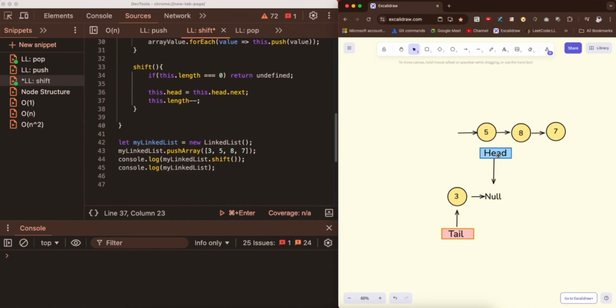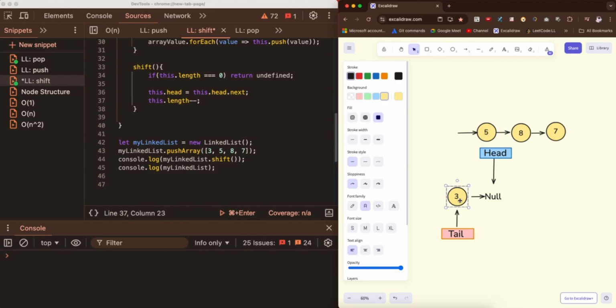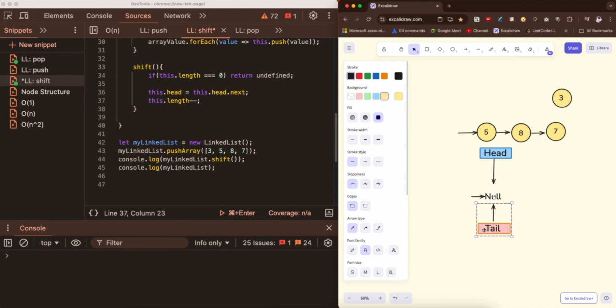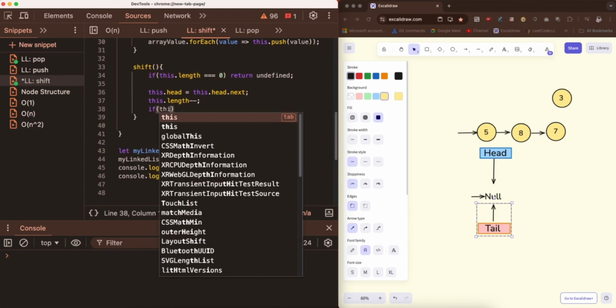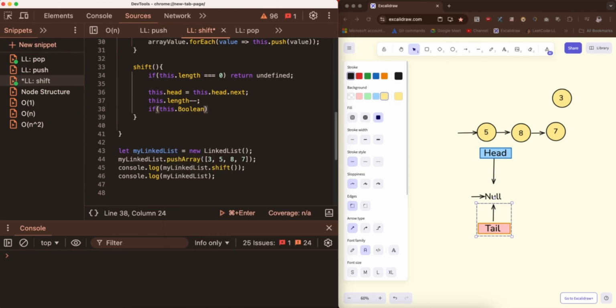At this point head has moved to null, remember that we are on shift. It means that this node will be removed. And then where will the tail be pointing to? The tail has to point to null. Take note of that. So that is the last situation, and we're going to factor that into our code. So after all this has happened, we now find out that length is now 0. Don't get confused, this is completely different from this. So we'll now say if this.length,